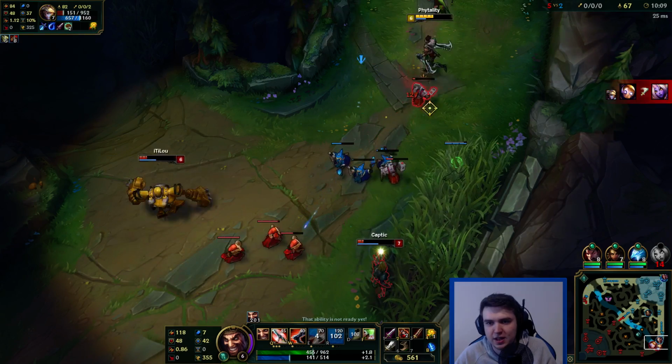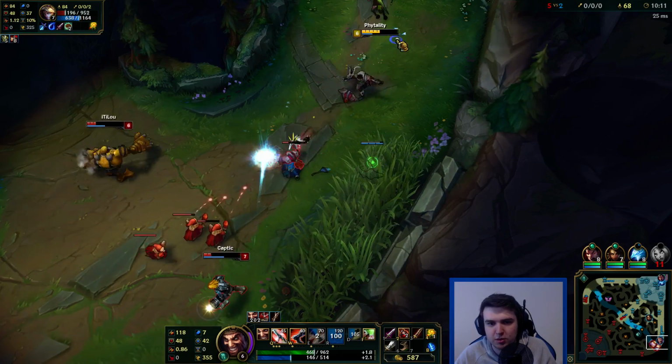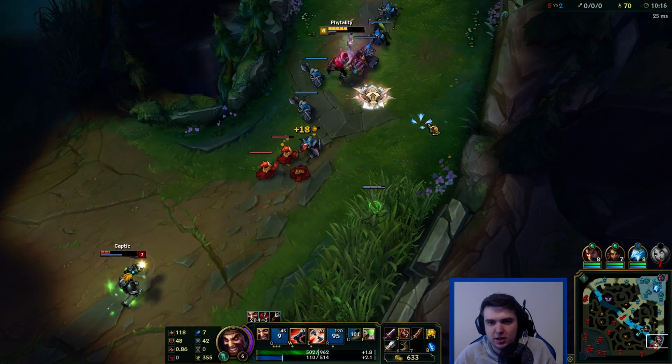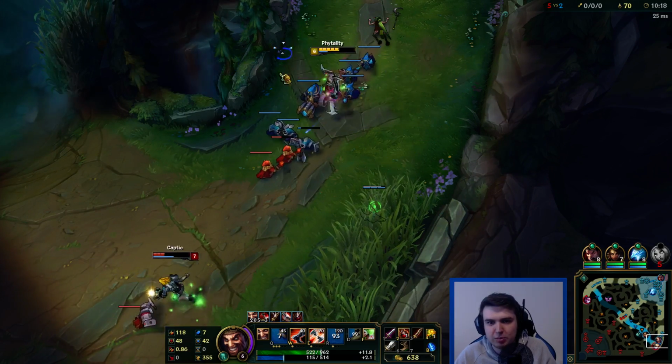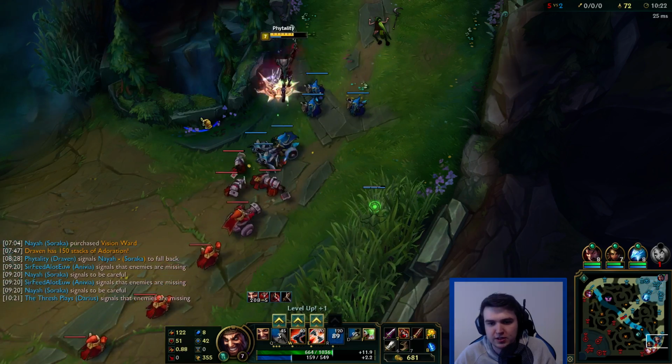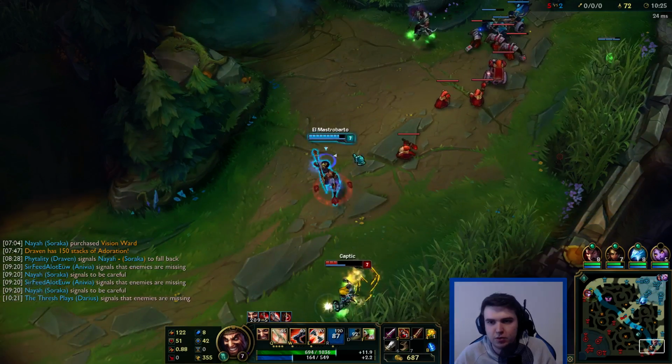If I had my axes there, I would have been able to, but I kind of panicked because I thought they were going to focus me. Actually, they just swapped to focusing the Soraka, which is poor. I was basically playing for survival there instead of playing to try and kill, and by the time I realized that I was actually playing to kill them, they were already...